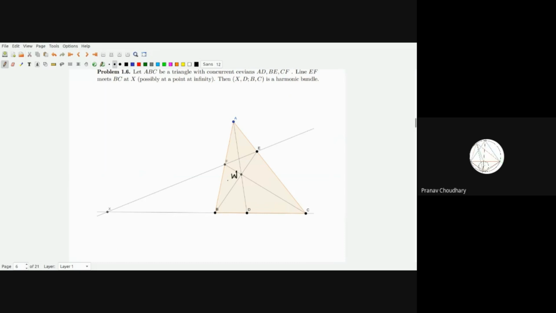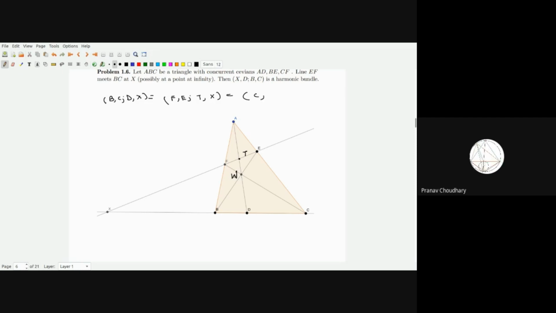Define this point AD cap FE as T. We have the harmonic bundle BCDX. You have to prove that it's a harmonic bundle. So BCDX is equal to, if you project from A, this is equal to XFET, then TTX. And now if you project back from W, then F goes to C,